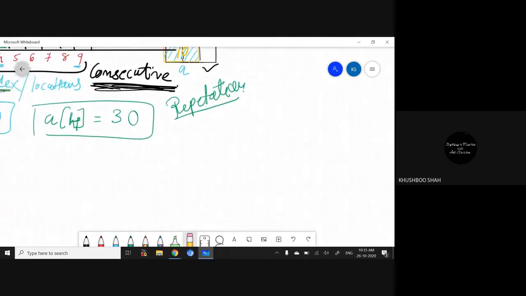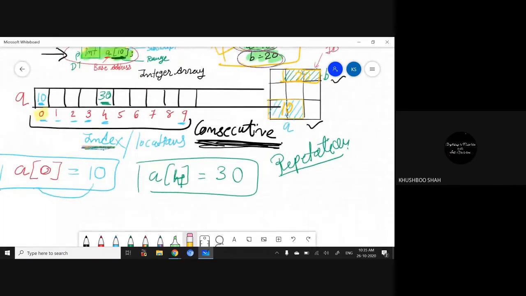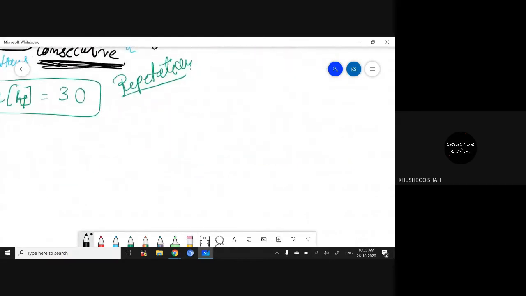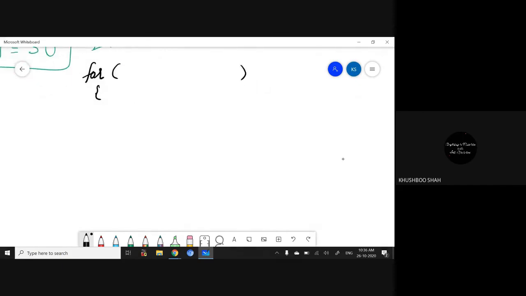See guys, what I want to do is store the data in this array. Because I have 10 locations and I'm repeating the statement, I can write for, now we know the syntax and everything. So simple: printf enter number, and the scanf statement. This is an important statement, scanf.